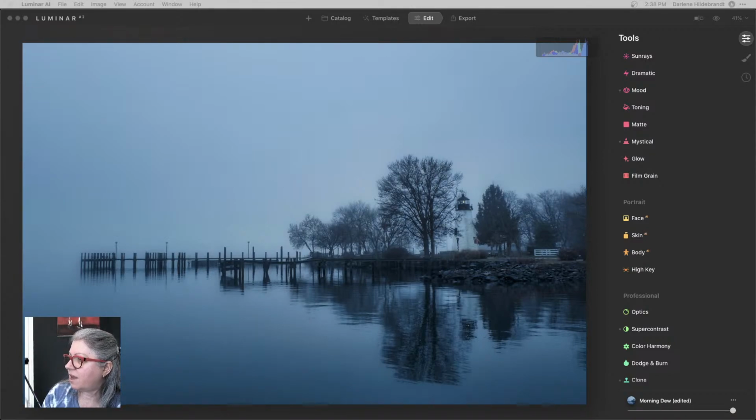Looks like a painting. Yeah, that's kind of the idea. I don't apply textures a lot, but on an image like this where it's very soft, you could definitely make it look like a painting. You could add something that has a brush stroke effect. That kind of thing would look really great.